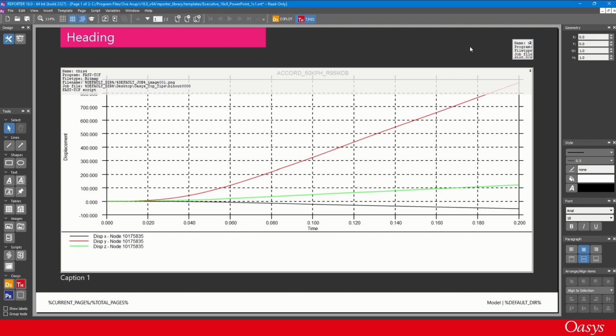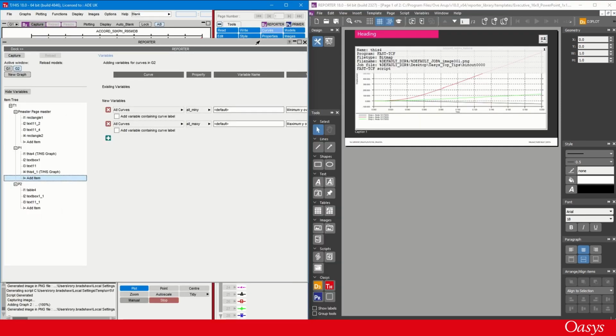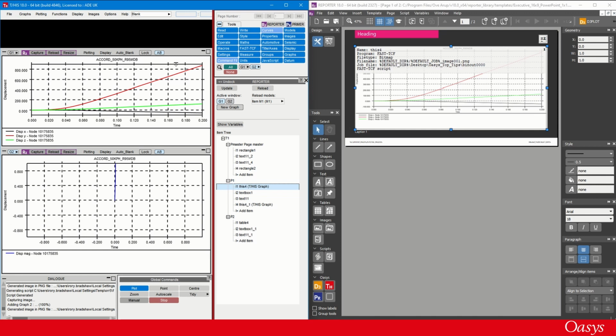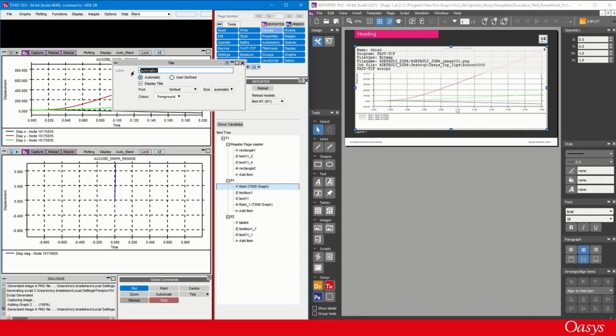I'm now going to go back to THIS and I'm going to show you how I can actually use that resultant variable to change the title here of graph 1. So first I'll make sure I'm selecting the right item, graph 1, so that's highlighted here. I'll then resize it just so that it's matching the same size as before. And then I'm going to double click on the title and I'm going to change this to displacement of node, and then I've actually copy and pasted the number there for the node ID 10175835